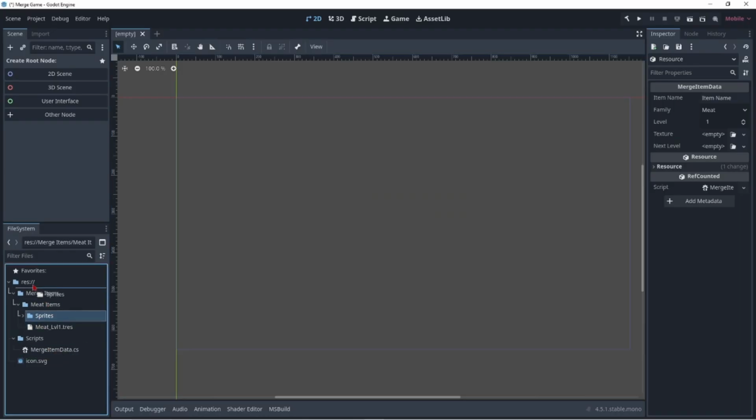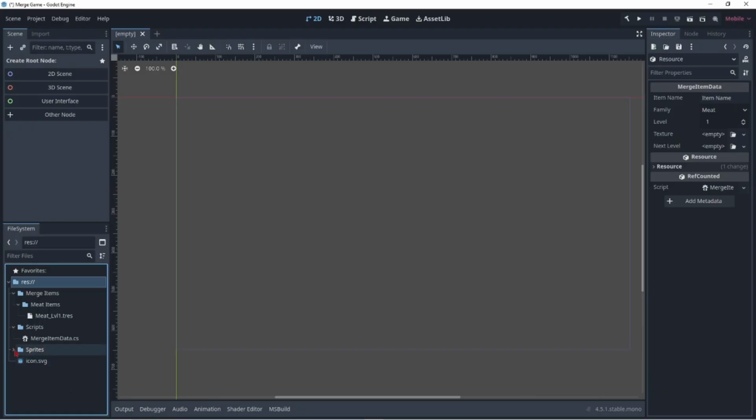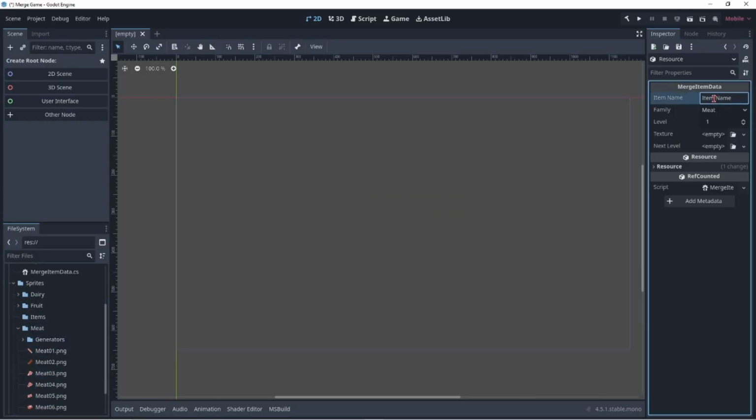All right, we're going to move this just into our root folder. That's my mistake. I should have dragged it there from the beginning. All right, so we got our sprites here. And we're going down to meat. And we've got meat level 1. Okay. So our item name, we're going to call this